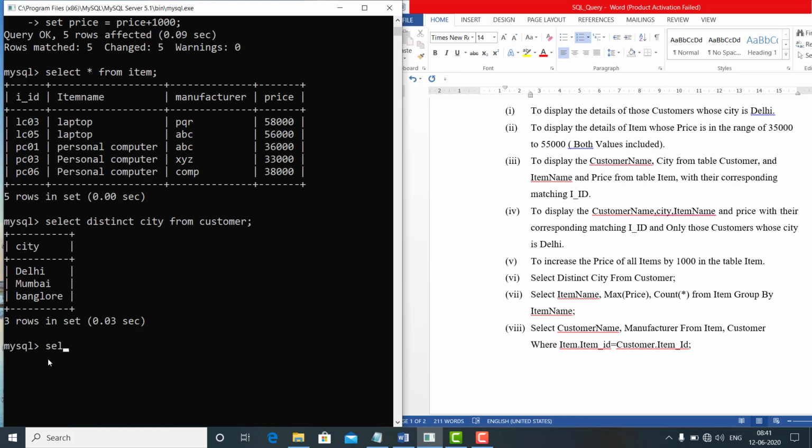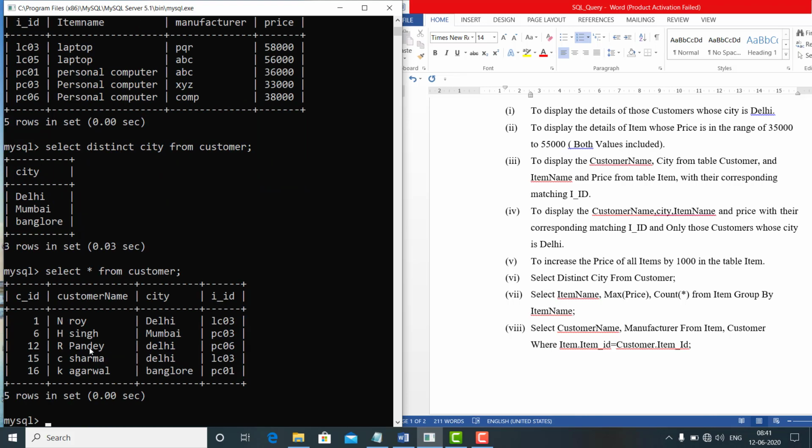But before that, students, we want to check our query number 6, whether it is actually executing distinct records or not. So once again we check it. Clear? Select asterisk from customer. Look here, this query is only for comparison purposes, to see whether it is executing the right records or not.